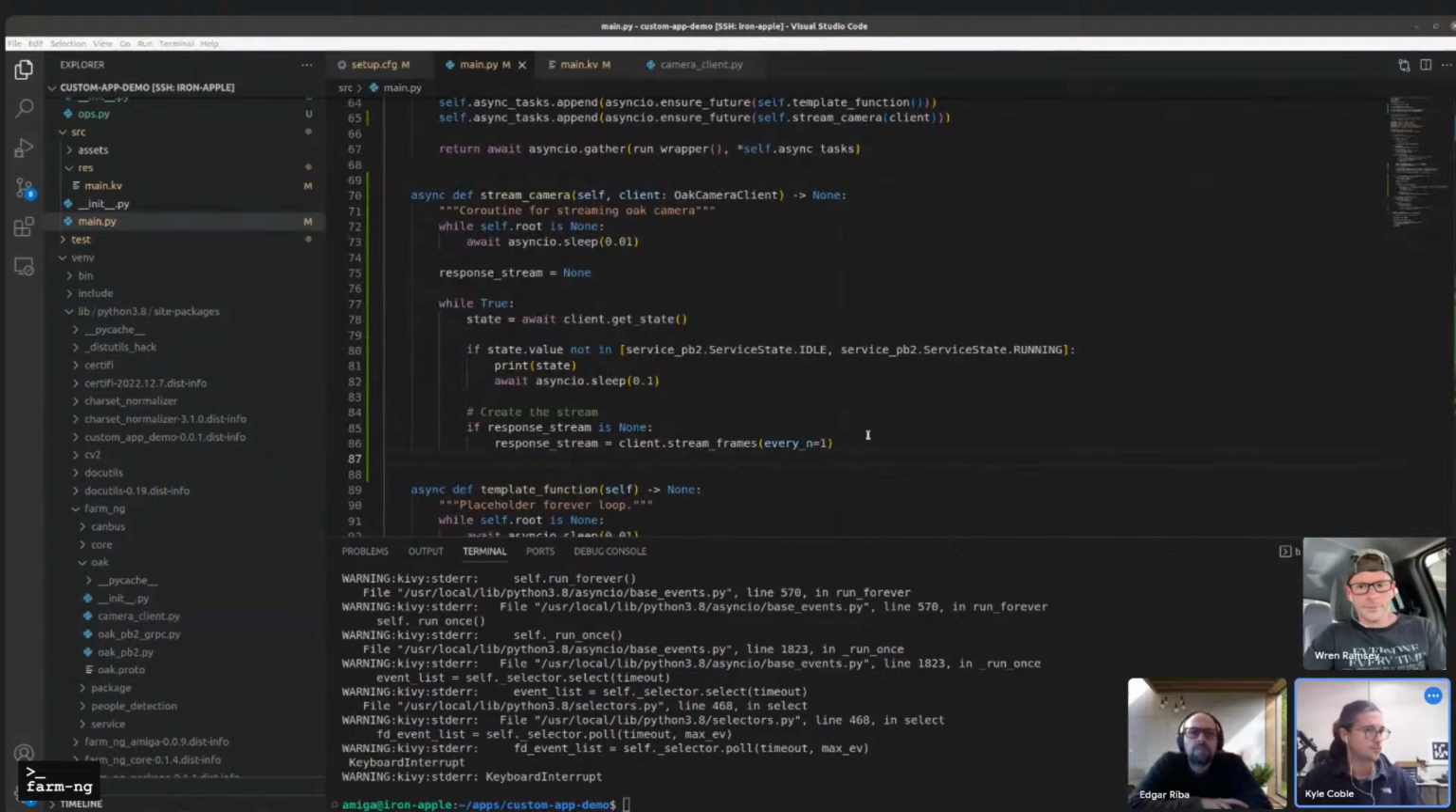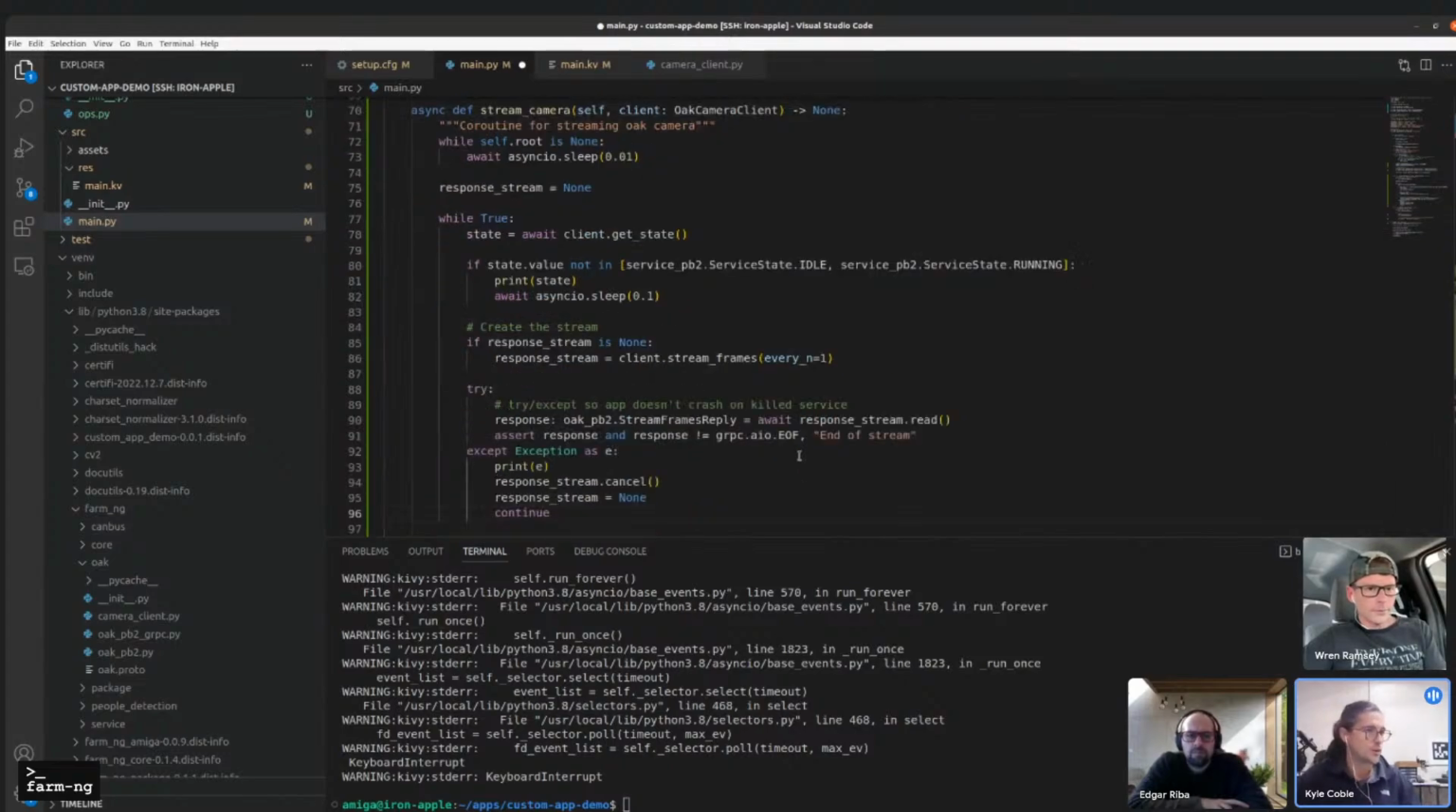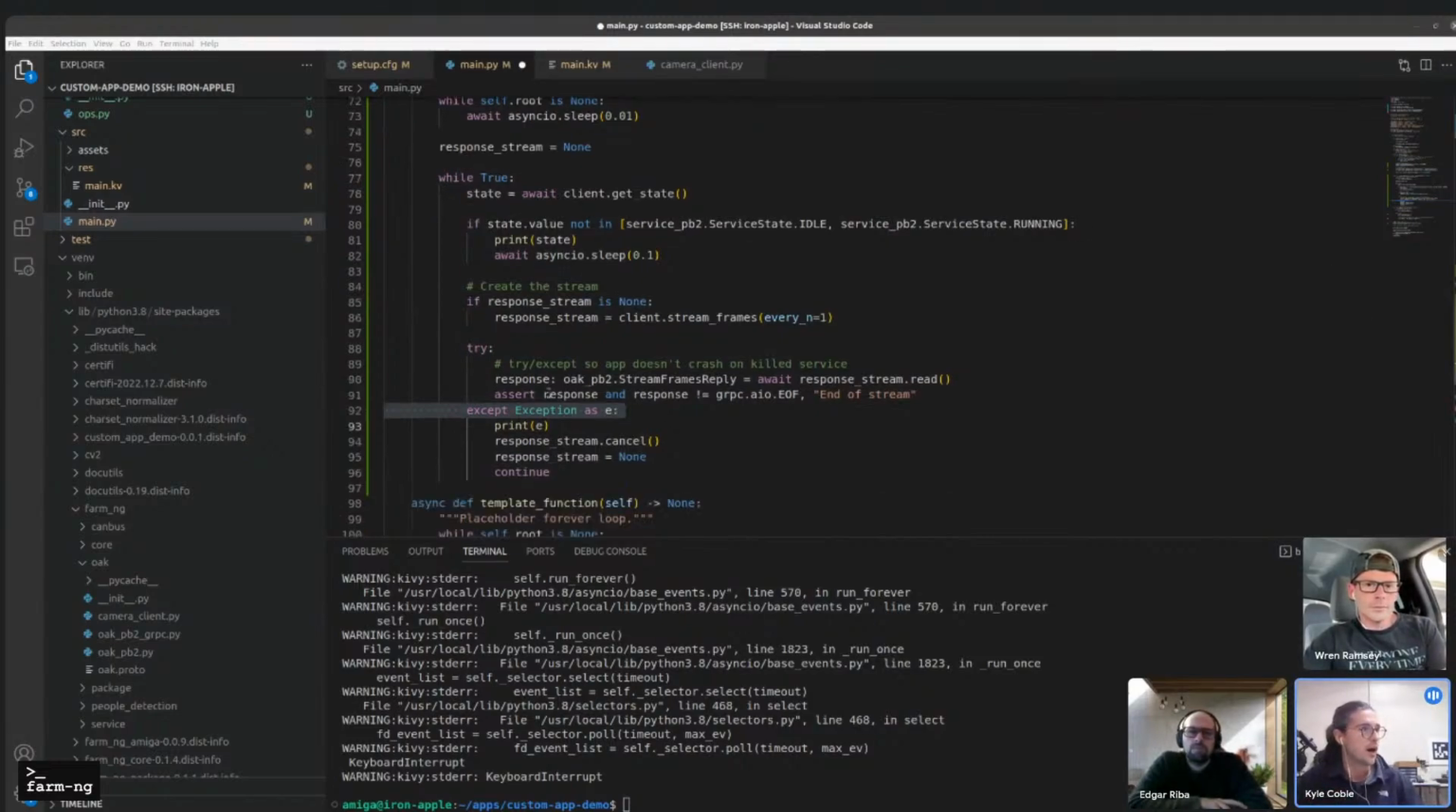Now that we have a stream, we can try to read that stream. So maybe I'll just put this block in. We use a try except so that if the Oak camera service is killed for some reason, our app doesn't crash. You don't have to do that. You could just read it directly if you want to. But basically, let's get the Oak PB2 stream frames reply